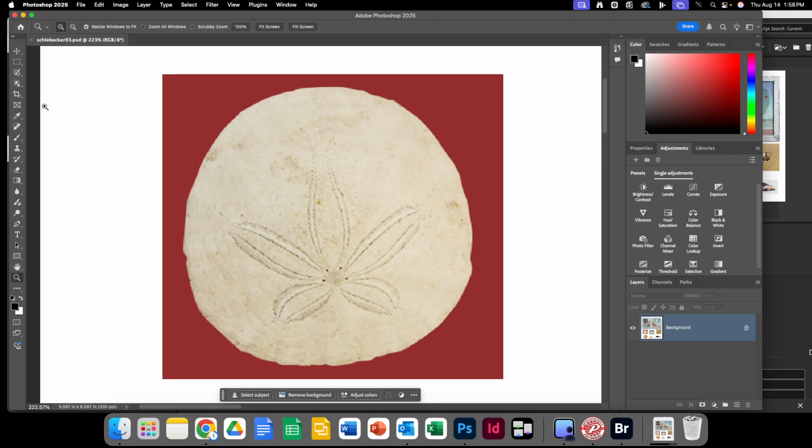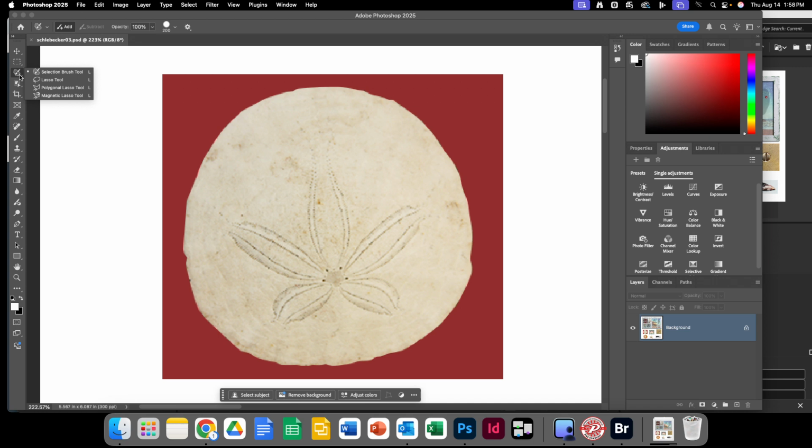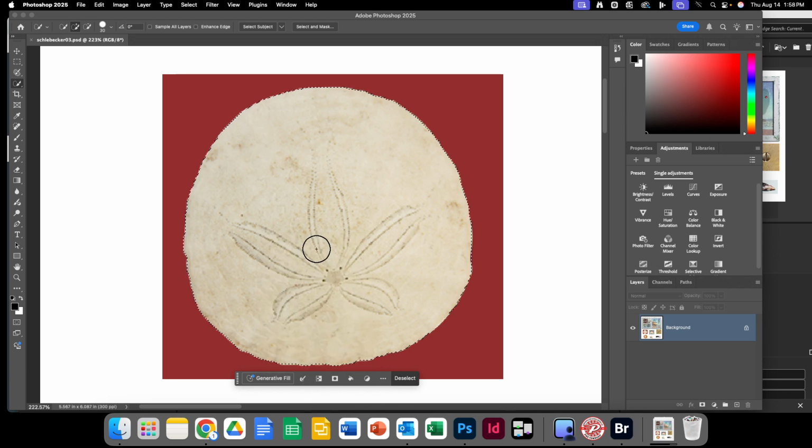Okay? So the next step you're going to do is get your quick selection tool. If you click and hold, you can see that this is your selection brush. You don't want your selection brush. If you click and hold this tool underneath it, you'll be able to get to your quick selection tool. So quick selection tool, now I'm going to click, and this is automatically already selected. Okay, just ignore this. I don't know how to get rid of that. Okay, I just clicked it and I got rid of it. So the selection has been selected. Okay, so then what we're going to do